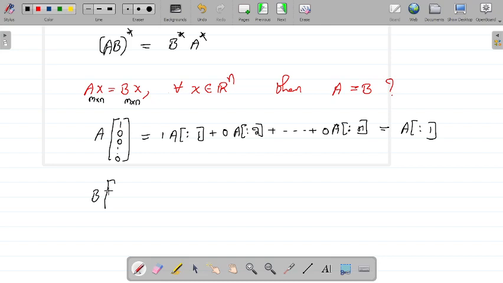Now similarly, if you know that the rows of A are equal, let's say the first row is equal to the third row, then I can say that the rows of AB are also equal. Let's say if the first and third rows of A are equal, this implies you can say that the first and third rows of AB are also equal.